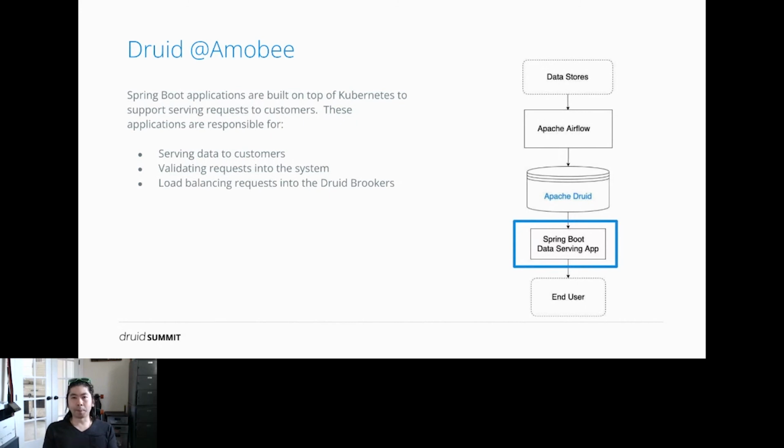We actually segregate our brokers into two sets, right? We have a set of brokers that deal with requests that require second SLAs, like 1, 2 second SLAs. And we have another set of brokers where it's okay if it takes a couple minutes. So the Spring Boot application is responsible for understanding the request and directing it to the right set of brokers. Once directed to the right set of brokers, it just does a simple round robin and issues the request that way.